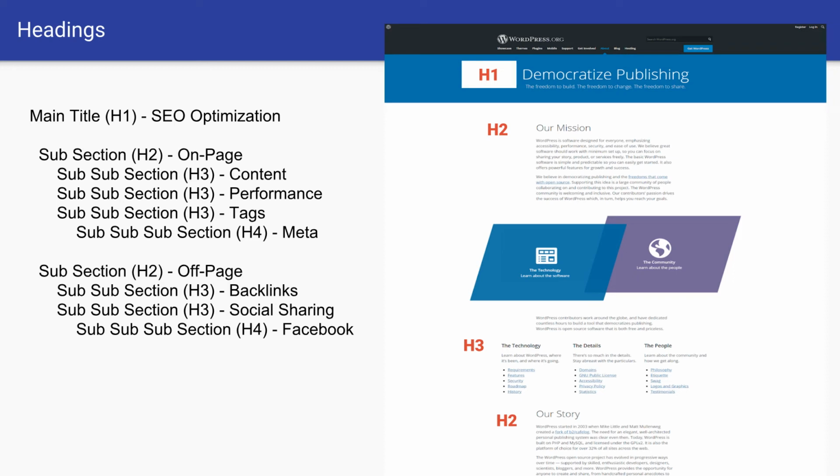Underneath our H3, we have a subsection, or an H4. So if you look on the on-page and the subsection of tags, our triple subsection would be meta. In a real-life scenario, we take a look at WordPress.org, and as you can see, the H1 is the title of their page. Their H2s are our mission, our story. The H3s, which fall underneath our mission, are the technology, the details, the people. A good tool for checking the heading tags of a website can be found at